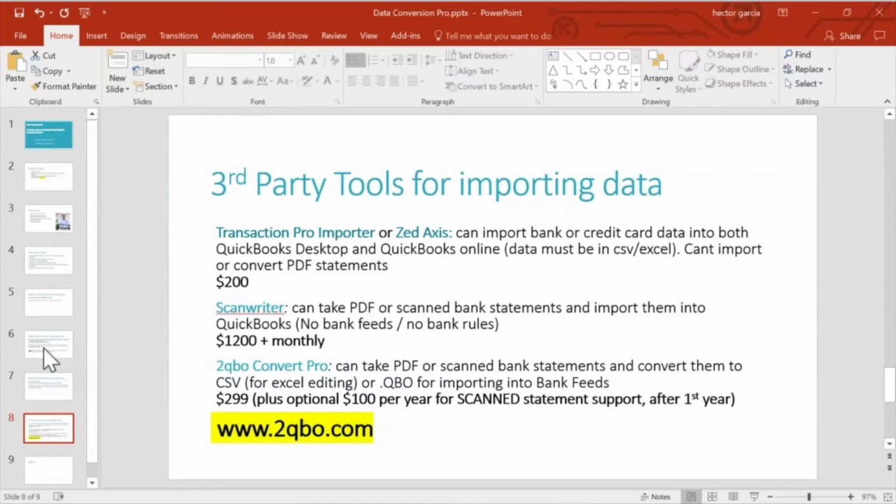Now, there are other tools. The ones that I'm going to talk about are 2QBO Convert Pro, which is $300, and ScanWriter, which cross paths on what they do. ScanWriter was sort of the original pioneer in this, and it could take PDF statements or scan statements and import them into QuickBooks using its own set of rules for categorizing transactions. The problem with ScanWriter, and I love the software and I owned it forever, is the price. It's just a high upfront cost, and then on top of that, they charge you a monthly cost on whatever active files you're using. So the alternative would be 2QBO Convert Pro, which does a lot of the things that ScanWriter does,